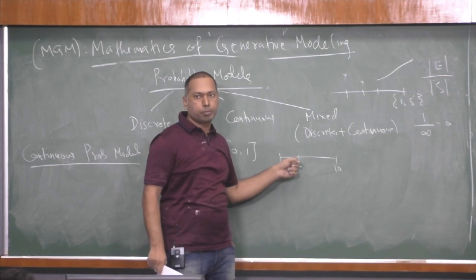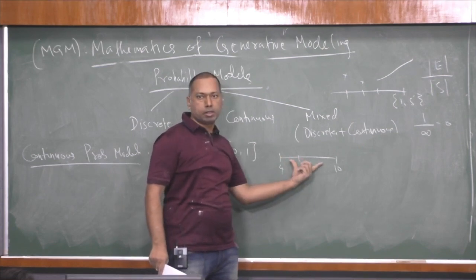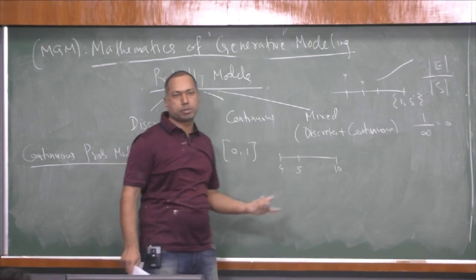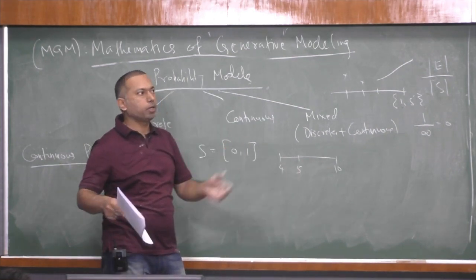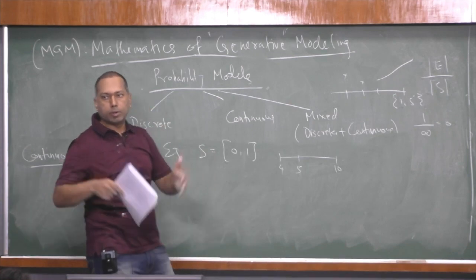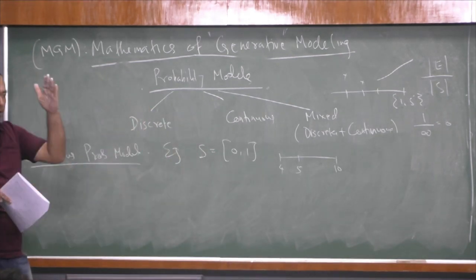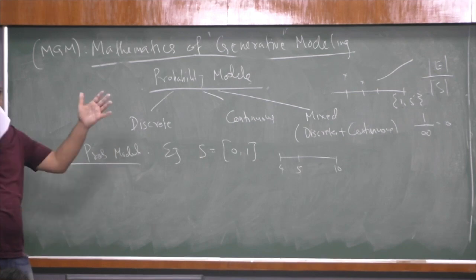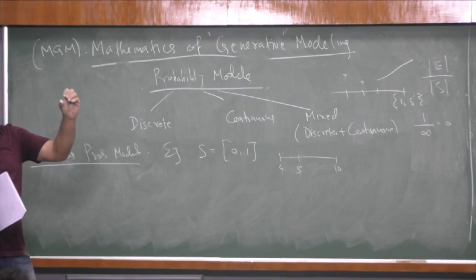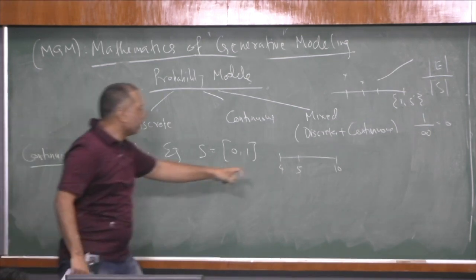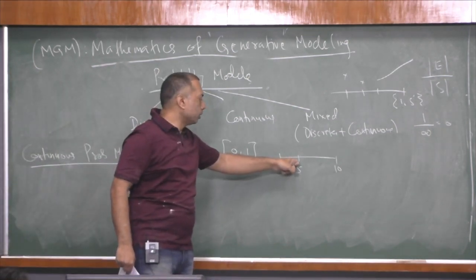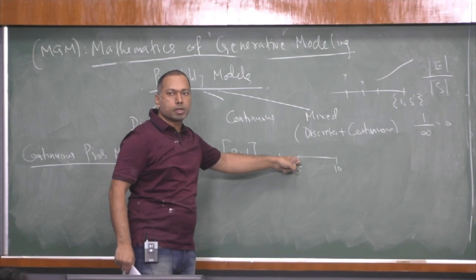A point on a line has measure 0. A line in a plane has measure 0, because in a plane I am thinking about areas. If I am thinking of a volume, then a plane has measure 0 there, because in the volume scenario I am looking for some volume still to make sense. So these are the things. If you study probability theory in a maths class, they will start from measure theory.